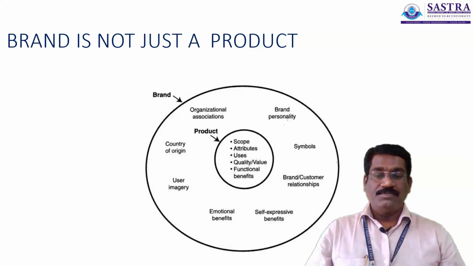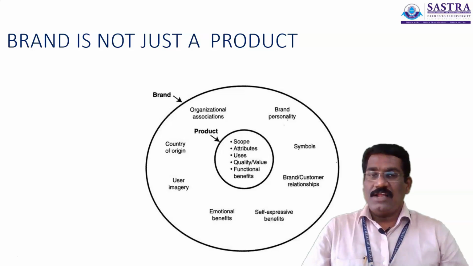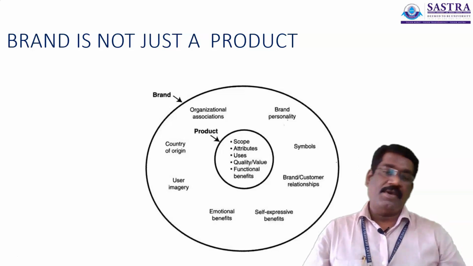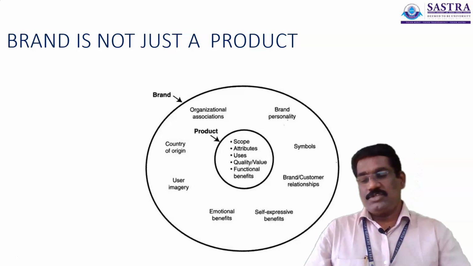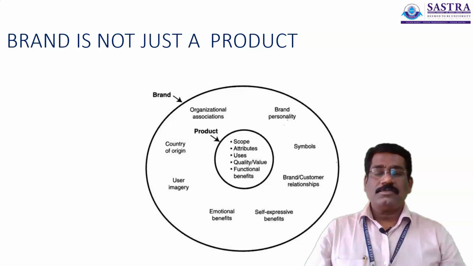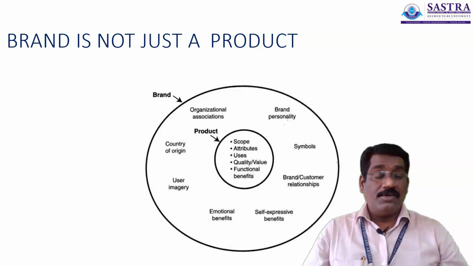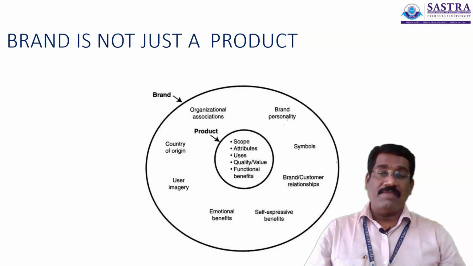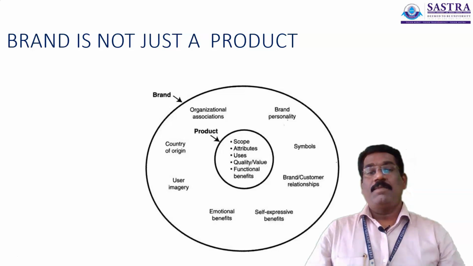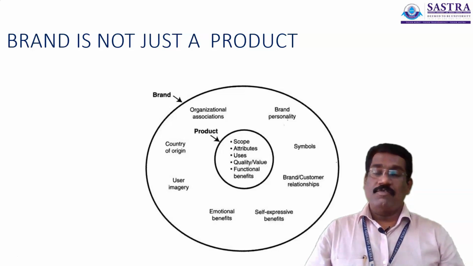I mean the Apple brand. And self-expressive benefits, because when I wear a Van Heusen shirt, that gives me an elegant appearance, so I go for it. And I used to have a Parker pen, so that gives me an image, that gives me self-expressive benefits. When I drive a Mercedes Benz, that gives me self-expressive benefits. And also, of course, the great brand called Apple, I just hold an Apple phone, that gives me great pride in holding that particular phone.